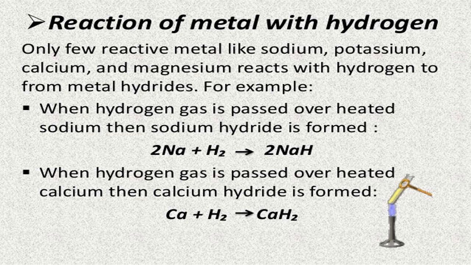When the hydrogen reacts with metal, it converts into what? Metallic hydride, which is easy to store. So when we want hydrogen, we decompose the metallic hydride once again. So hydrogen is stored in the form of hydride. This reaction is very important from the industry point of view. This is called the bank of hydrogen. Hydrides are the bank of hydrogen. Whenever they want, they decompose and use the hydrogen.